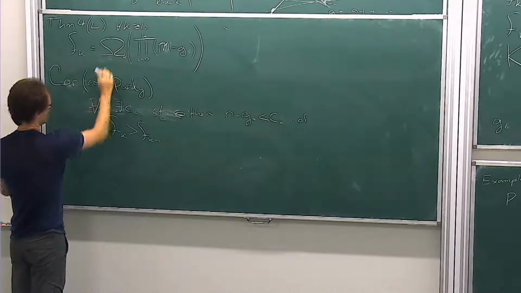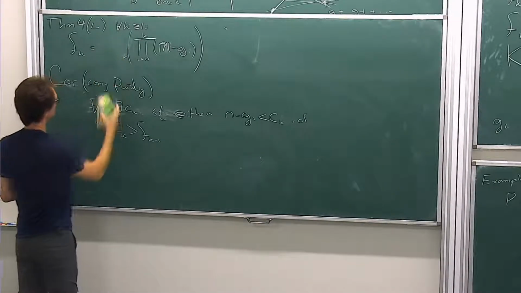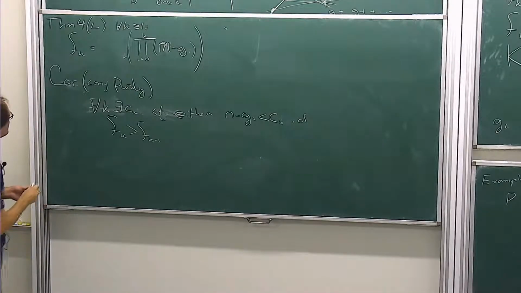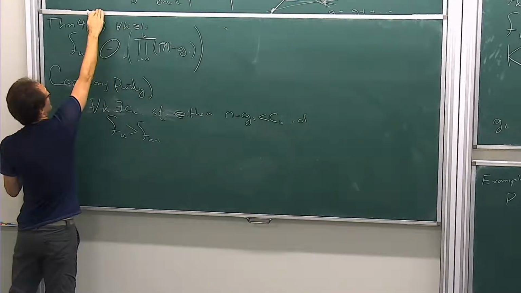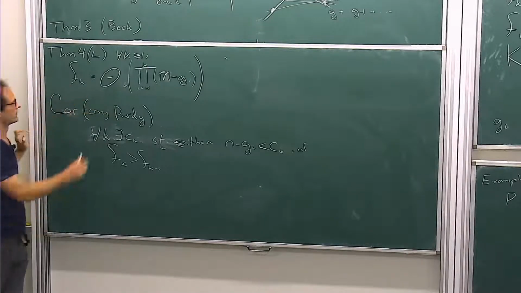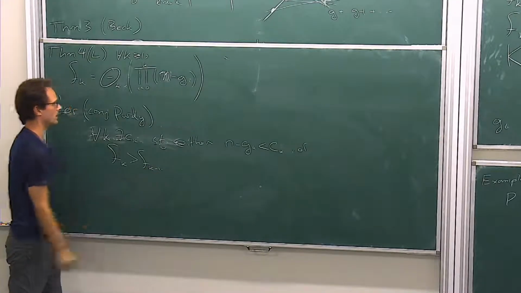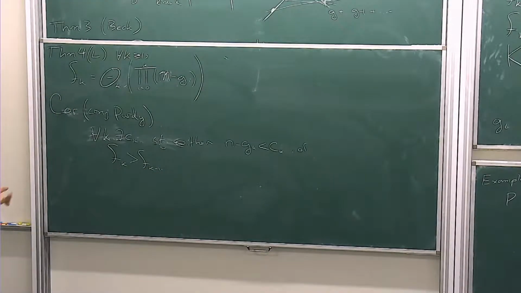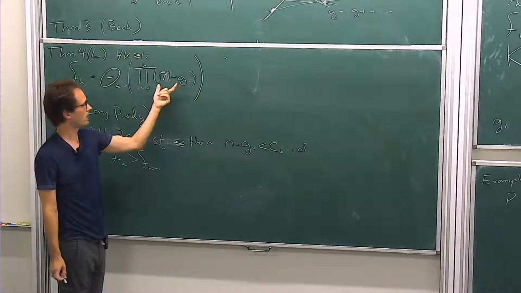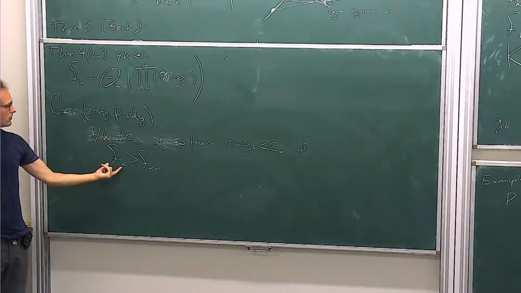And actually, this is not only a lower bound, but it's a tight lower bound. The upper bound for lines is completely trivial. It's not really trivial in this case, but the lower bound is definitely the more interesting part. But we need the upper bound also for this theorem. And the point here is that if the last term here is large enough, well, then we get a lower bound